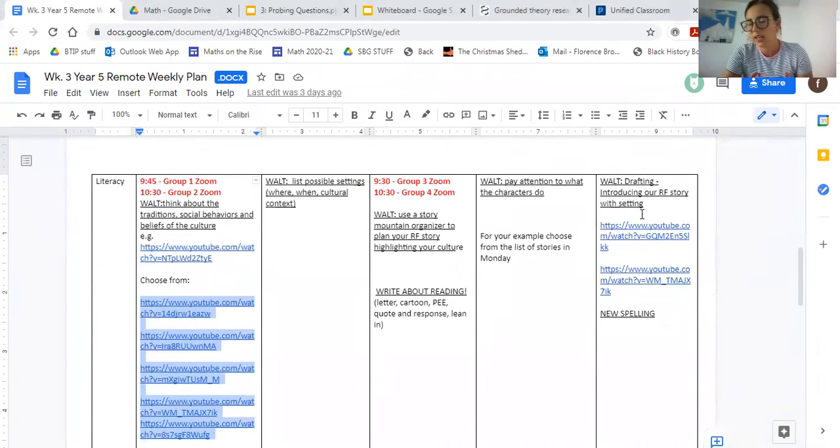And then for your literacy, you're going to be starting your draft for your realistic fiction story. So as with a draft, we're going to be using drafting paper. If you have just lined paper, you can use that, as long as you skip a line between each line so that any revisions you make in the future, you'll have space for. If you want to do it straight on the computer, because we're in remote learning, I'm actually fine with that. And you can just post the Word document that you're working on to show me your progress as we go.